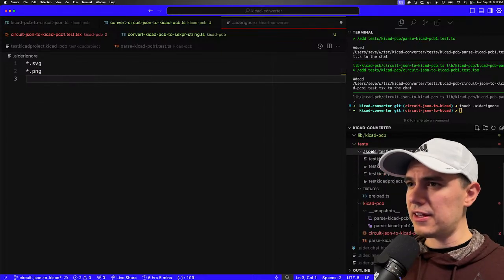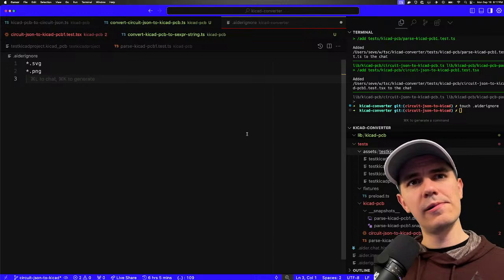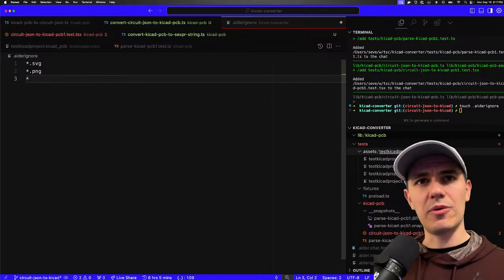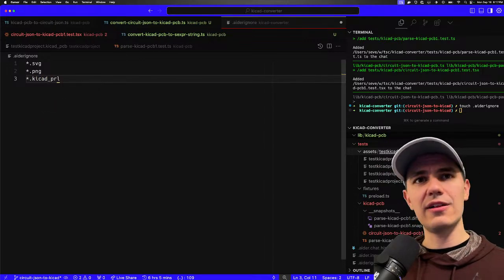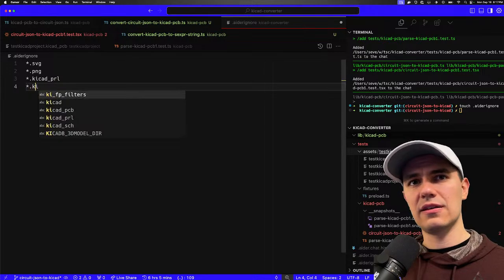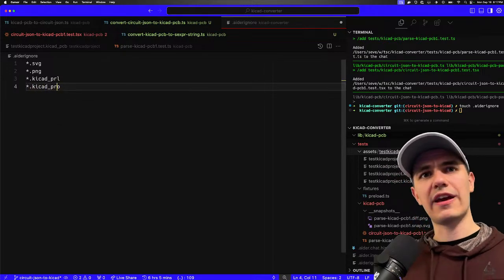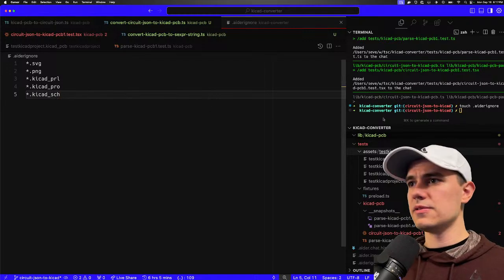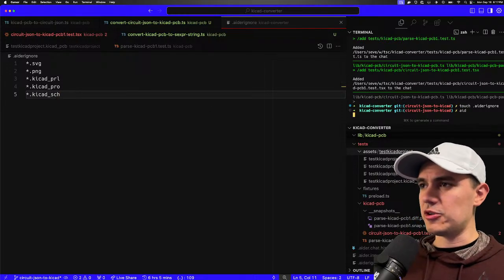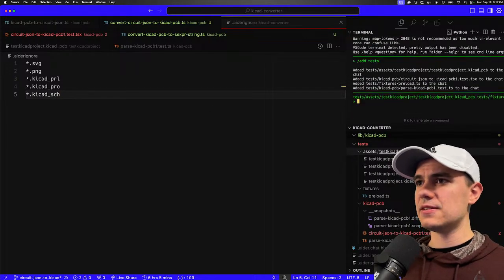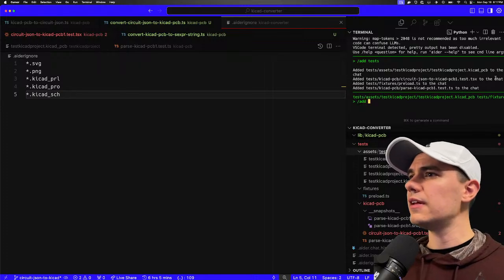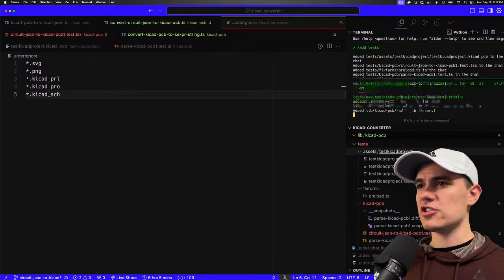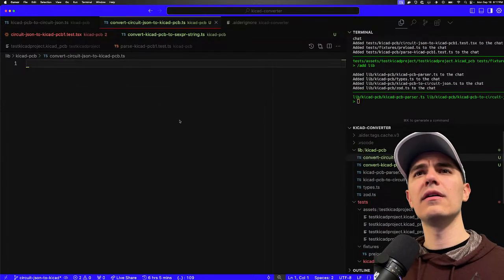And then in our assets directory, I don't want it to look at the KiCad PRL, the KiCad Pro, or the KiCad schematic. Okay, so that'll make it easier for us to add. So now we can do aider /add tests /add. Did it add everything? Yeah, I got everything. /add lib, and I can say